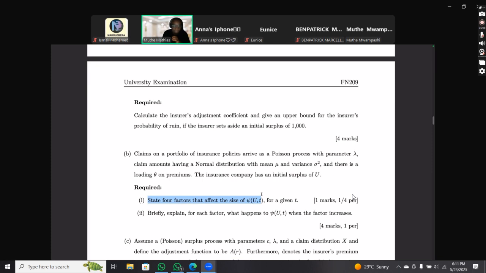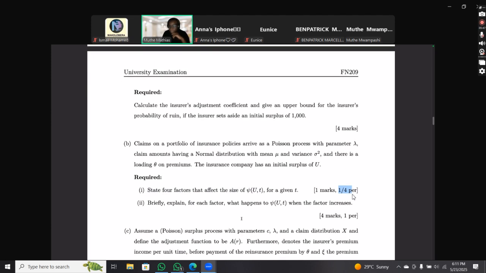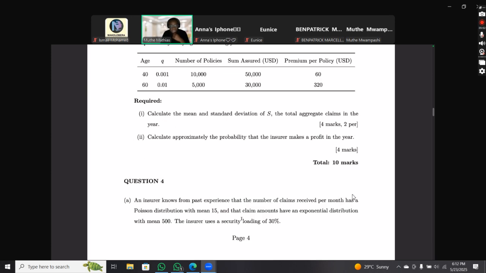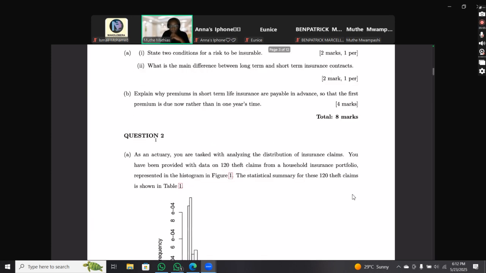So that should be obvious. Initial reserve. Think about the premiums. Think about the claim amount, right? Think about the variance. Think about the loading factors, right? So the factors are many, and you are supposed to mention them. For questions like these I give a quarter mark each, right? Of course, if you mention only initial reserve, I think 0.25 is enough. And of course, you have to explain how that relates. But just go straight to the point, because I always give this instruction. I don't know if you follow it: please just go straight to the point.